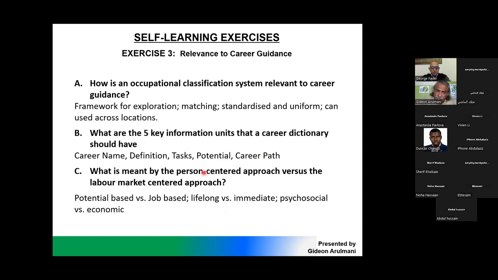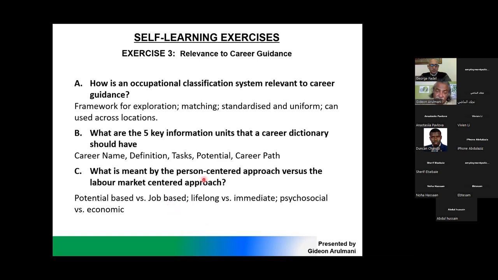The last point we looked at yesterday is this person-centered approach versus the labor market approach. Both are very important, but for career guidance, the emphasis is on the person. Remember, in our previous discussion, we said that labor market information is all concerned about the economy, trends in the economy, economic cycles, job availability, and so on. Whereas the person-centered approach takes the person into account and says, if this person has this talent profile, then what are the careers for him or for her? So what is the difference between the two? The person-centered approach focuses on the potential, the individual's capabilities, whereas labor market information would focus on the economics, the job